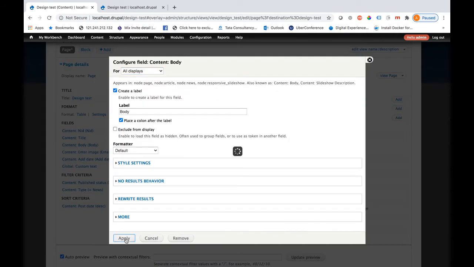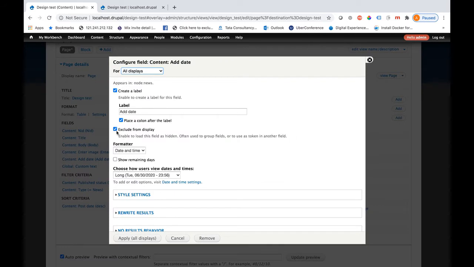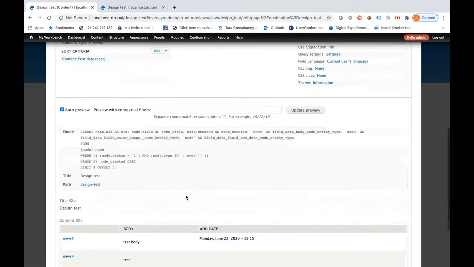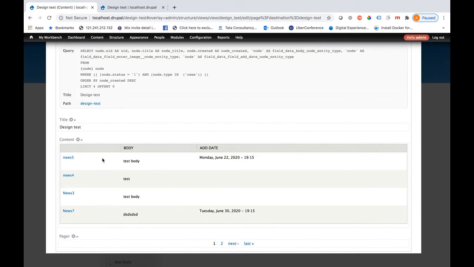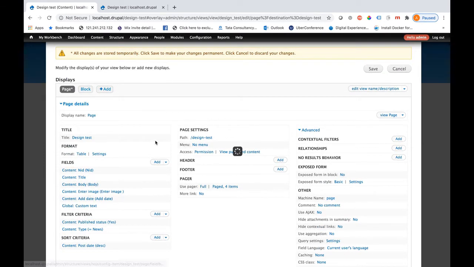So I am enabling this into the display again one by one. If you go down, you can see title, body, date has come. Now I need to enable the image also.